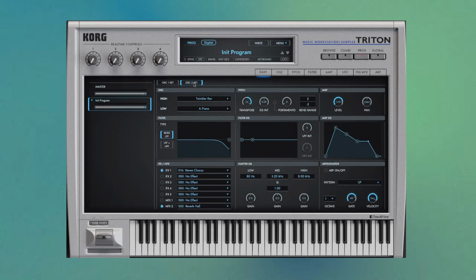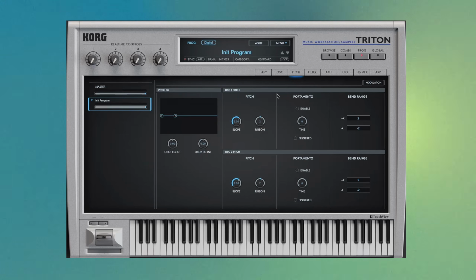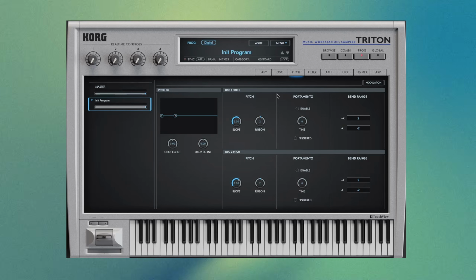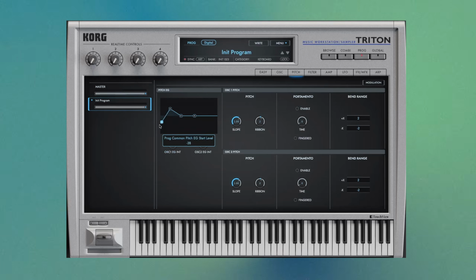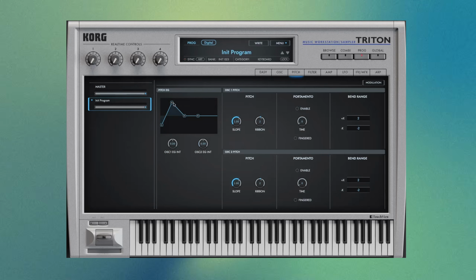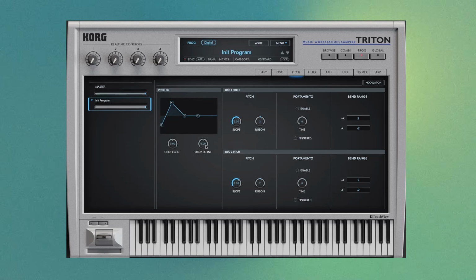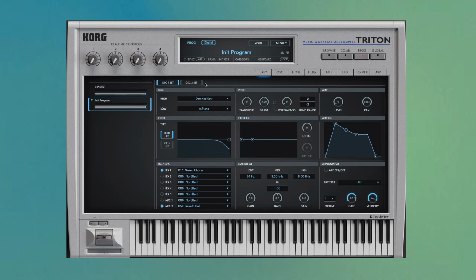Now, we can make this a little bit more interesting in that we can add some more movement and interest to the second sound by using pitch modulation. And again, I just had a video on manipulating samples in a sampler with pitch. A lot of those concepts are the same, again, in a Rompler. So I'm going to come into pitch here, and what I'm going to do is just draw in a little bit of a pitch envelope here. I'm not really going to think about what it's going to do. I'm just going to draw it in. So I have this envelope. I can now apply it to oscillator 2. And if I come back and just mute the first oscillator,